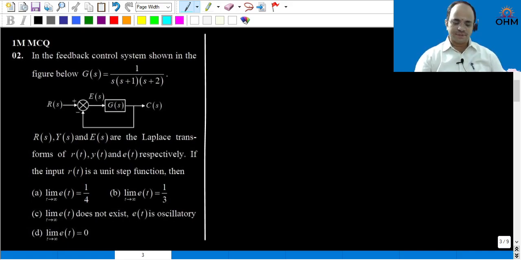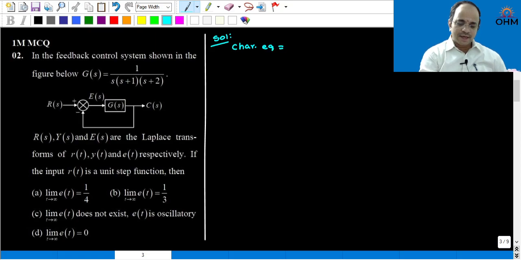By seeing the options, it is asking about steady state error. Now in this case, even though it is a type 1 system given a step input, let us check one condition. Steady state error definition is applicable only for stable systems. For marginally stable and unstable systems, the final value theorem cannot be applied, hence you cannot determine it. So what we will do, first let us find out